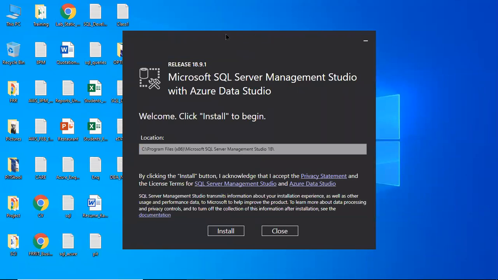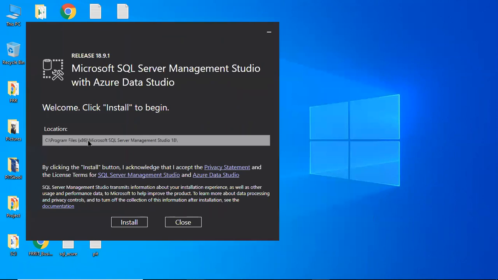Check it. Same thing, the default path is showing here: C Program Files, Microsoft SQL Server Management Studio 18. Very simple steps are there. Click on the install button.